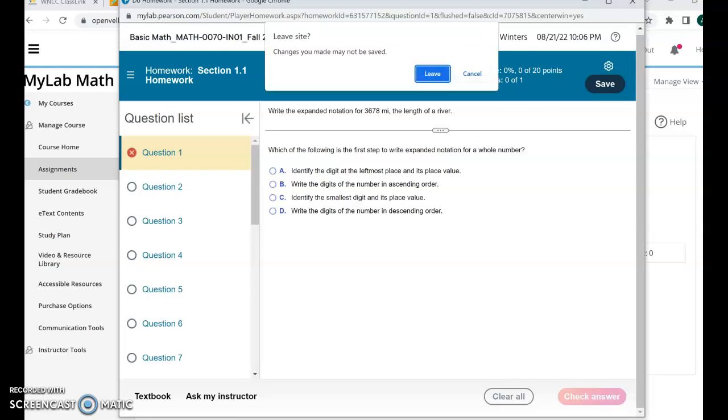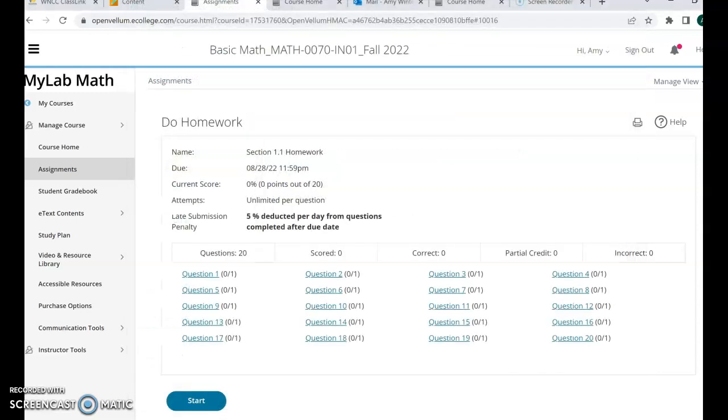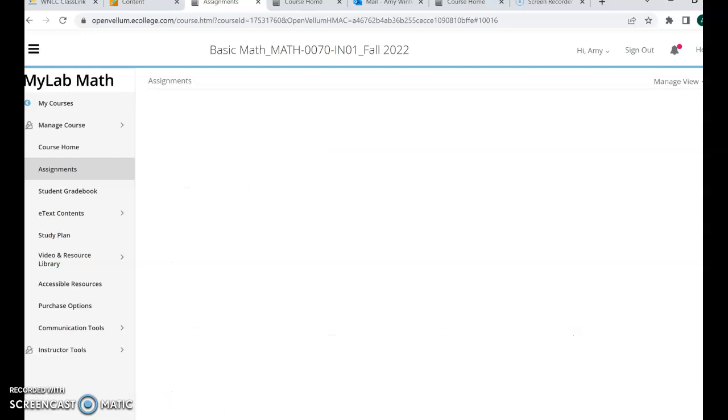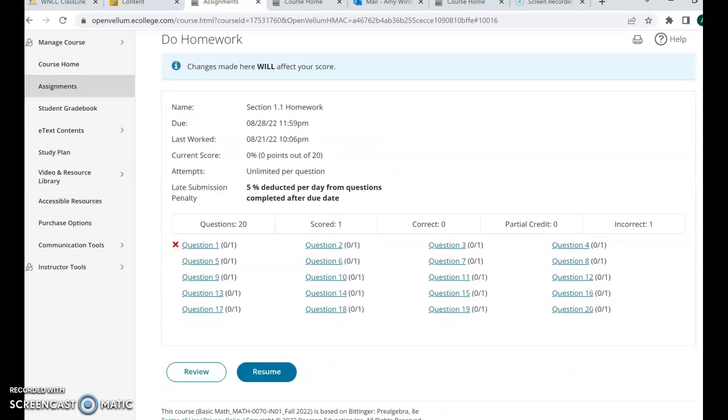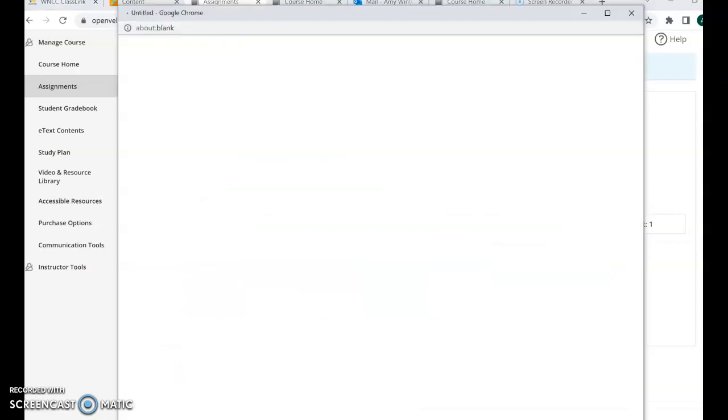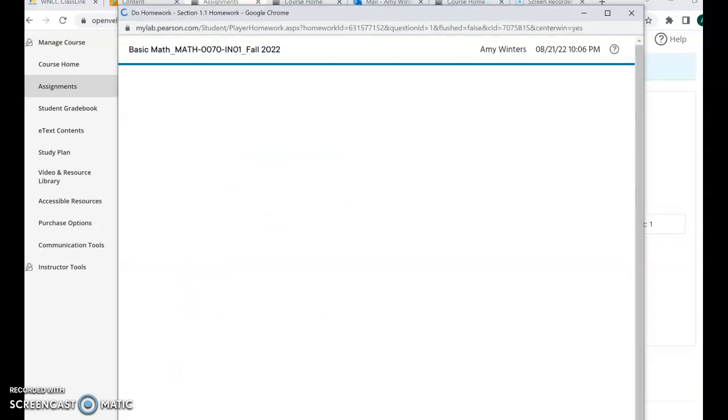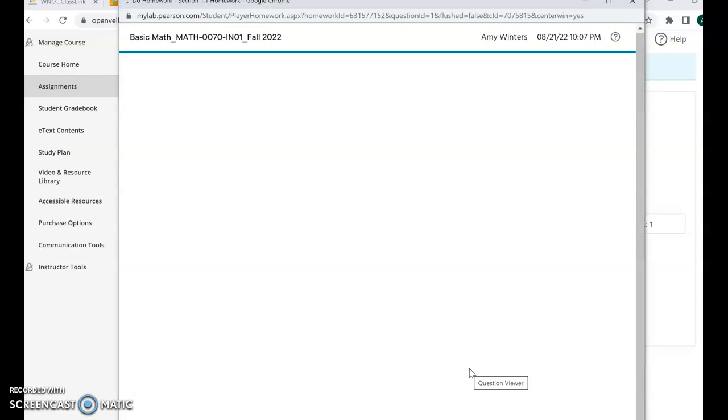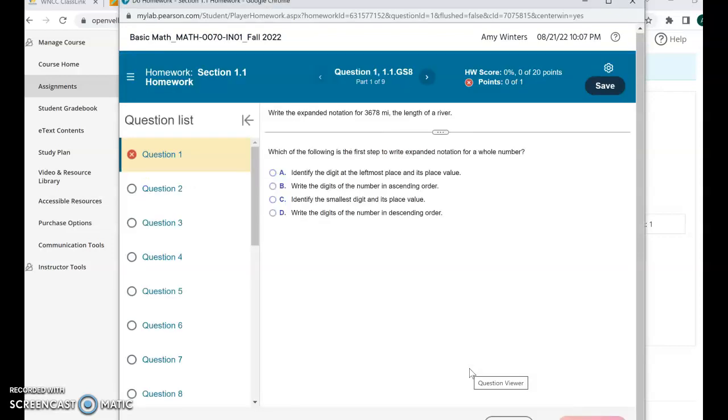Now, you don't have to do all this in one sitting. If you look, it shows that I missed question 1. When I go back in, I know how much I did, so I'm going to try and click on question 1 again. And it's still on that question because I had clicked similar questions, exactly where I left off. Now, if you ever